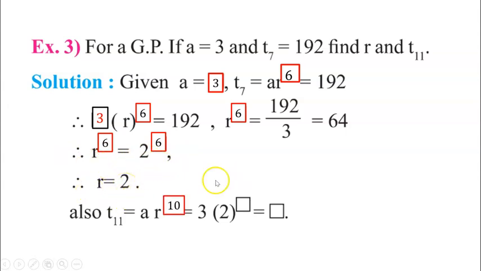And hence, next, T11 is equal to A into R raised to 11 minus 1, means R raised to 10. Substitute the value of A, that is 3 into 2 raised to 10. And after simplification, you will get here 3072. Okay, and we have completed this activity. Now next,